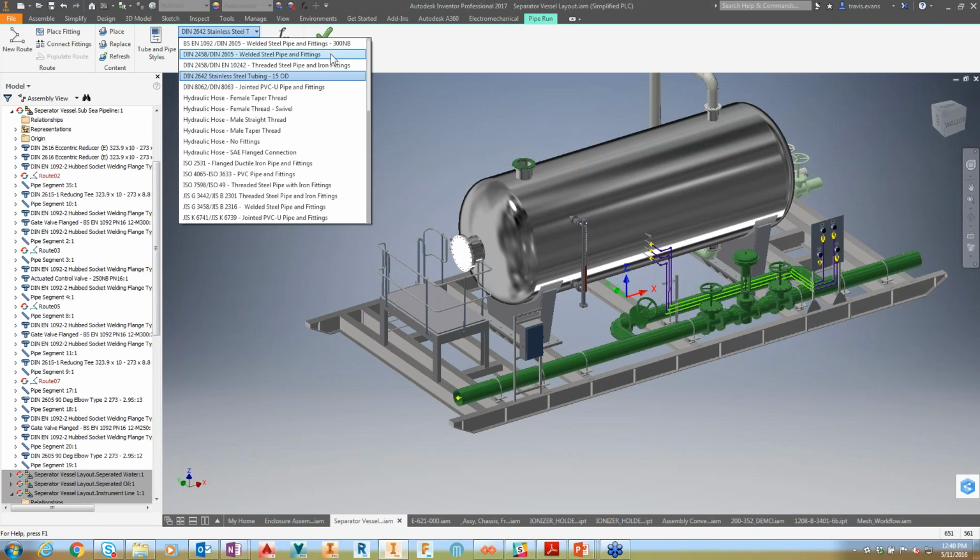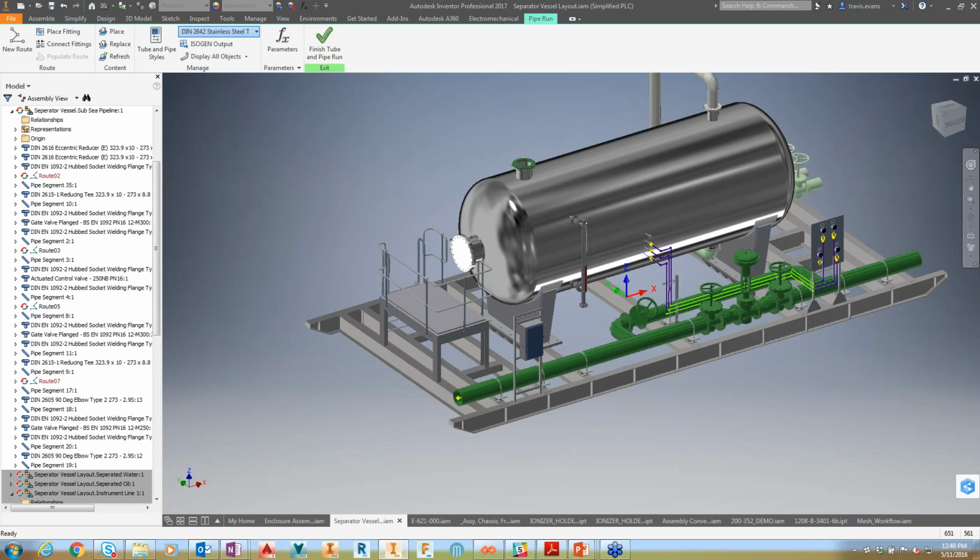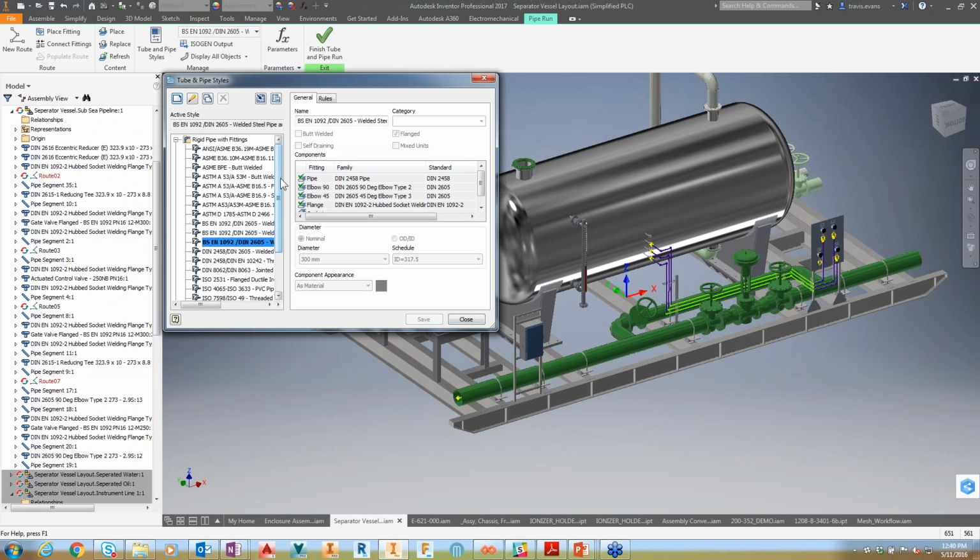Well, inside of my tube and pipe styles, we can change any of that information to any of those different pipe sizes, right? So now I'm dealing with a specific pipe style. I can look at the styles and what that information means. And as I'm placing these components, as I'm doing a series of 3D sketches to map that information, it's letting me know, hey, if I have a pipe, what pipe am I using? If I have a 90-degree elbow or a 45-degree elbow or a flange, which one am I pulling